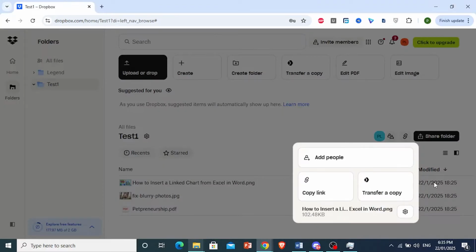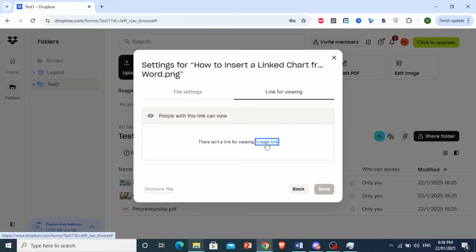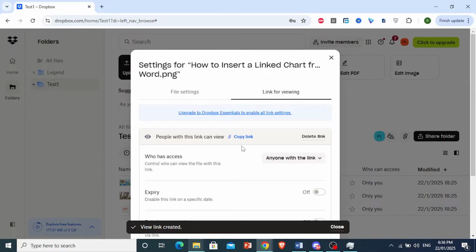Click on share, click on the settings cog right here, and then we'll create a link for viewing, right? Come here, click on create link, and then we should have a link within about 2 more seconds. So, having created a view link, I'm going to copy this, and let's open this up in a new